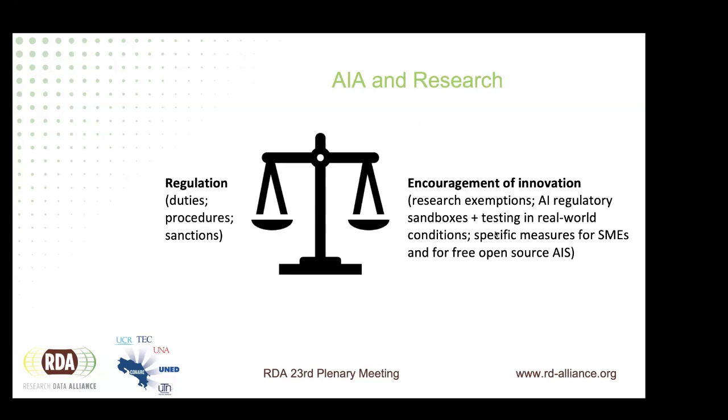The Act addresses scientific research with a balance between regulation and encouragement of innovation. It recognizes the importance of research in the field of AI, in particular in medicine, for example, while ensuring that ethical and safety standards are respected. In order to preserve freedom of research, it excludes from its scope the AI systems and models specifically and solely used for the purpose of research. However, any system that is available on the market and used for the research will be subject to the provisions